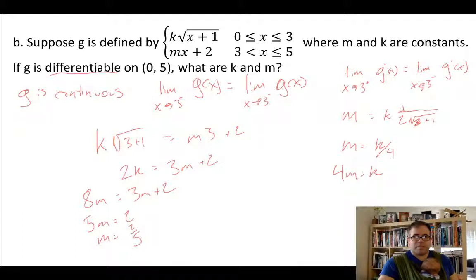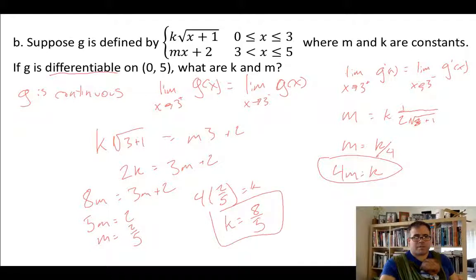But probably this one, it's easier. So 4 times 2/5 equals k, which means that k equals 8/5. And there you go. Keep in mind, the linchpin of this is that whenever something is stated to be differentiable, that's actually telling you two things, because for differentiability, you need to be continuous. So you use the information from continuity and the information from differentiability to solve that